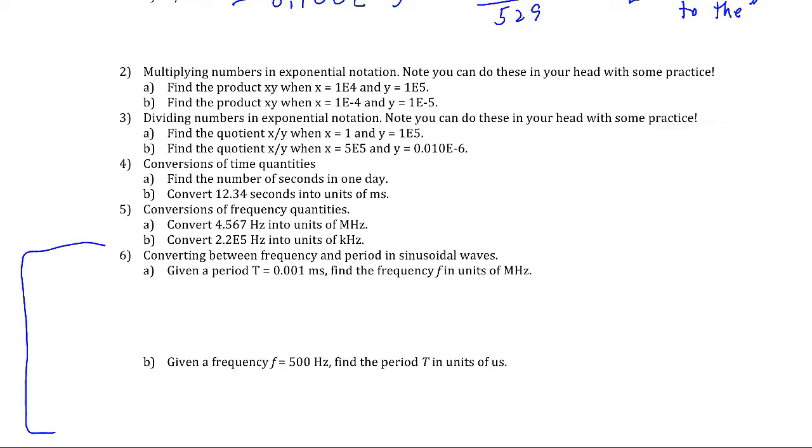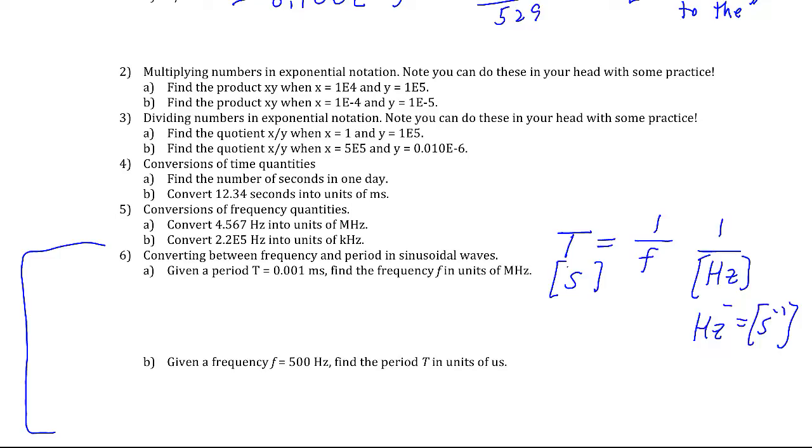And the relevant equation here is that the period T, period does not have unit hertz, period has units of seconds, is equal to 1 over F, where F is in hertz. 1 over hertz, and hertz act like inverse seconds, or seconds to the minus 1 power. So this equation has units which are consistent, and given the period T, 0.001 millisecond, let's find the frequency in